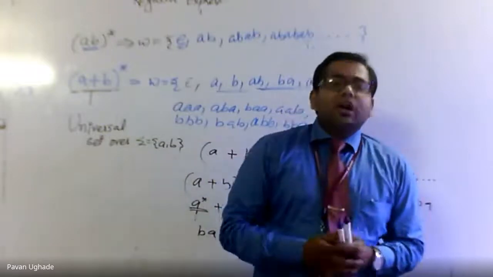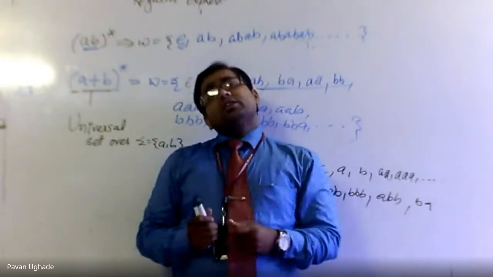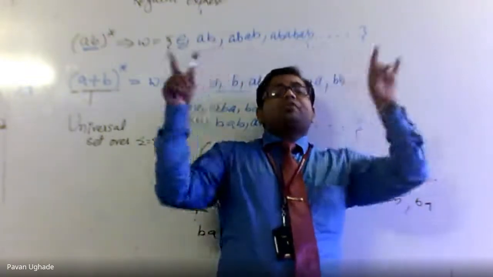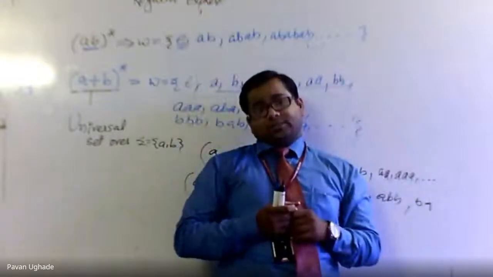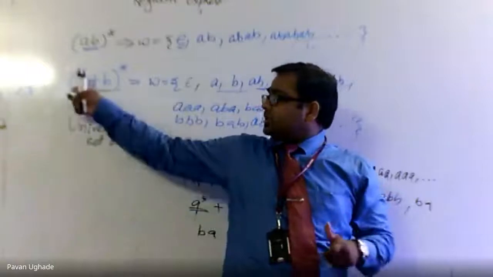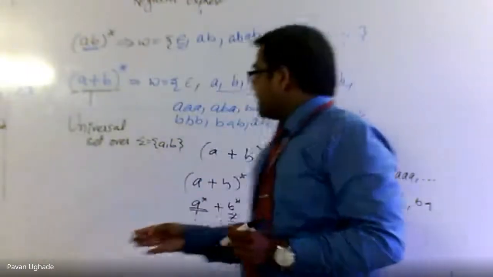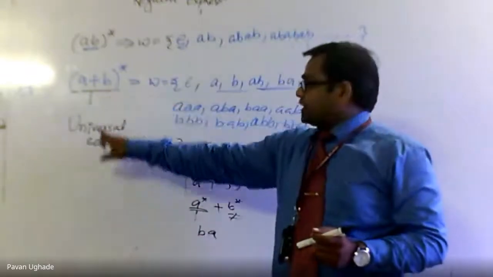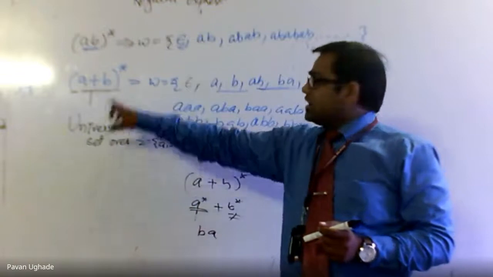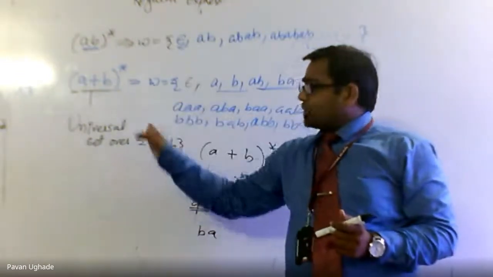Whenever in the previous classes we discussed the concept of ending with A or in between A, I used to make the cross for the X. That X is nothing but this. We are discussing it. I hope you understood about A plus B the whole closure. This is nothing but the universal set. Hope you understood A plus B the whole closure is also called the universal set.